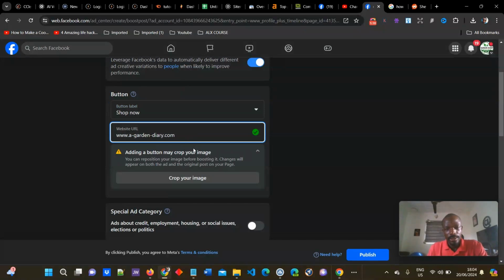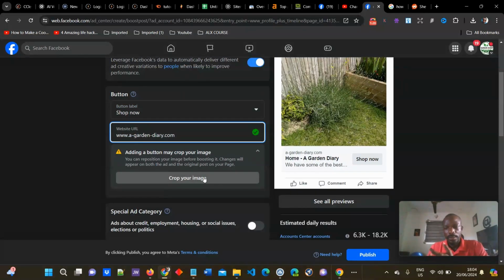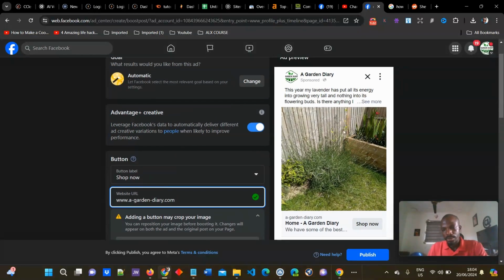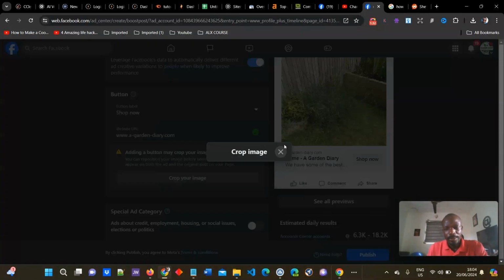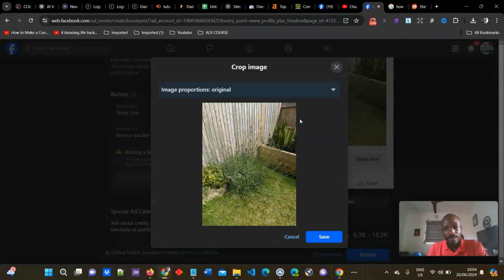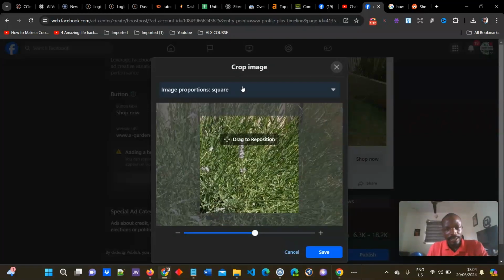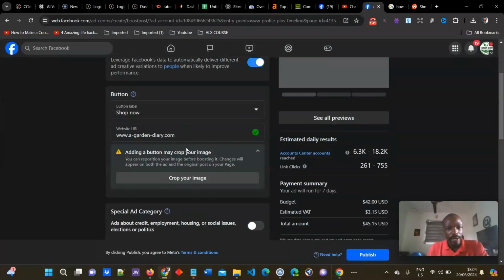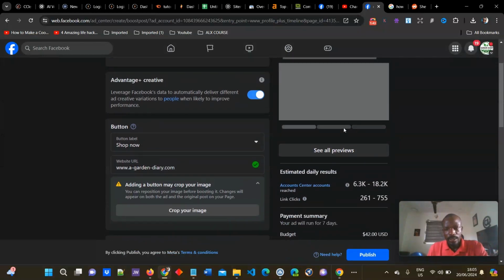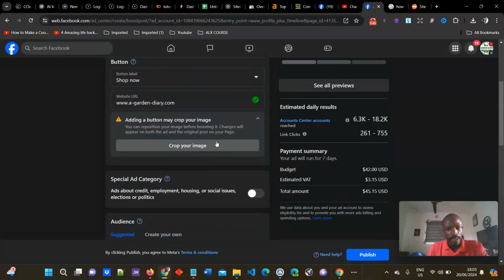So if somebody clicks on the product, you'll be able to carry them straight to a page on the website, just like this. So let's say we want them to go to the home page. You can either crop your image. So this is not fit for a Facebook page, so you typically need to crop your image so that it makes it really easy to promote. So more like a square image,